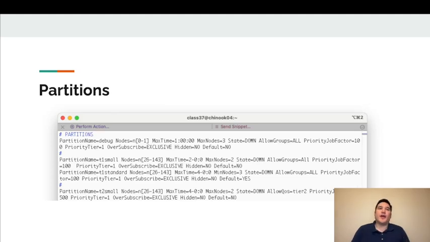So these are UAF's partitions. It's just a small subset. So we have a debug partition. So you can see the partition name, the nodes that are in it, and the max time that a job can run. In this case, for the debug partition, the max time is only 1 hour, so a job will end after an hour. The max nodes, so this is the max number of nodes you can request in a